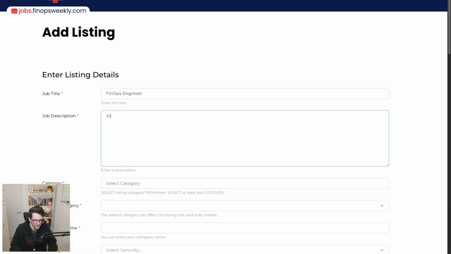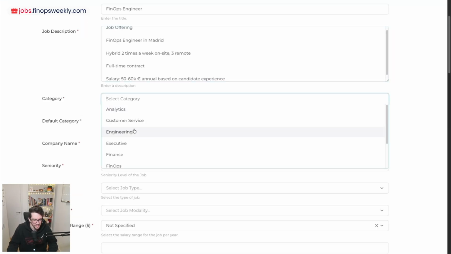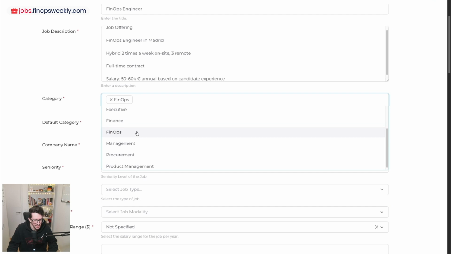Job offering: FinOps engineer in Madrid. Hybrid, 2 times a week on-site, 3 remote, full-time contract, salary 50k to 60k euros annual based on candidate experience. Okay, so we have a brief description, and then we go to categories and we set FinOps and